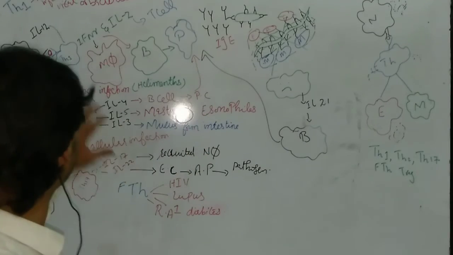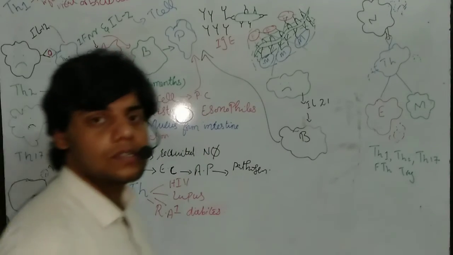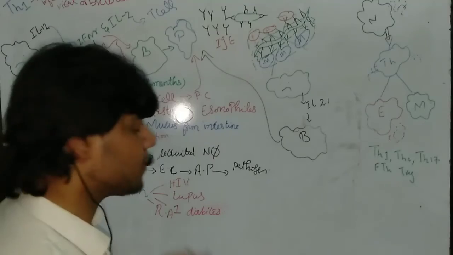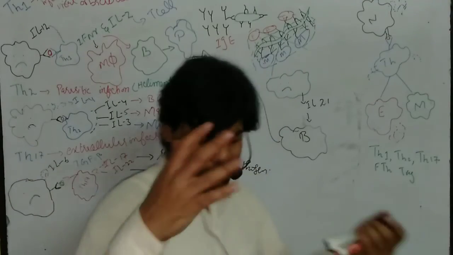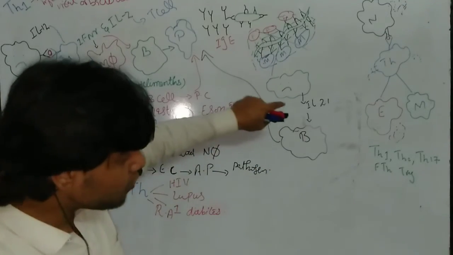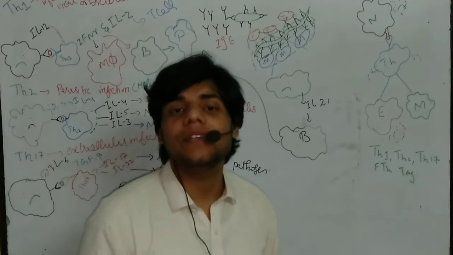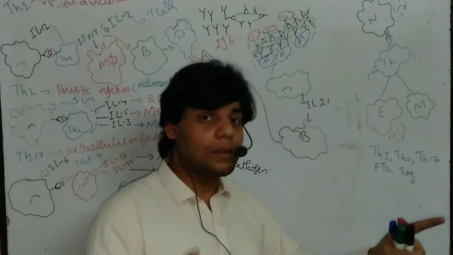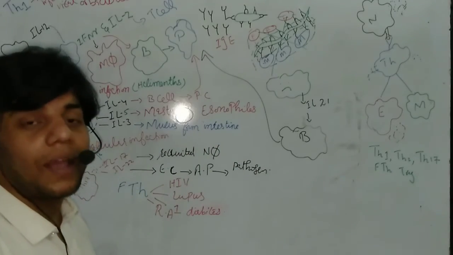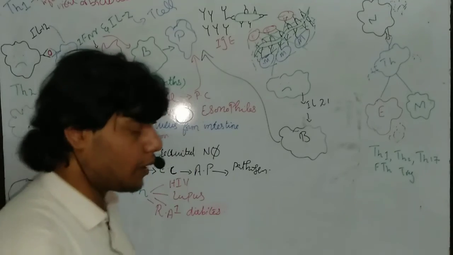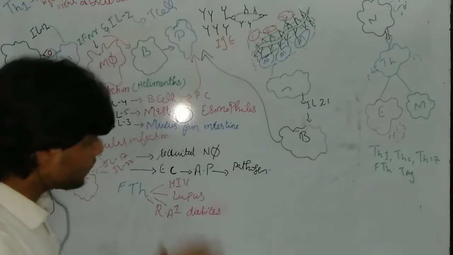If this is a bacterial infection, they will secrete IgM. If this is a viral infection, they will secrete IgA, IgM, whatever. So actually interleukin 21 guides the B cell to secrete those antibodies which are needed. Okay,